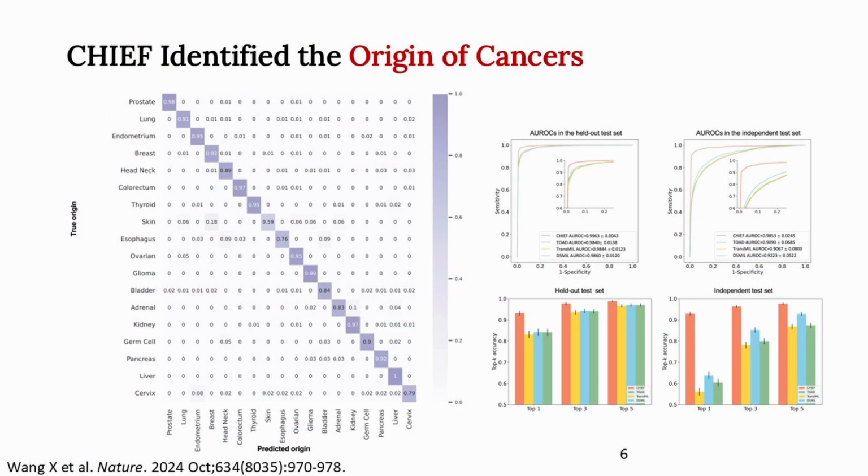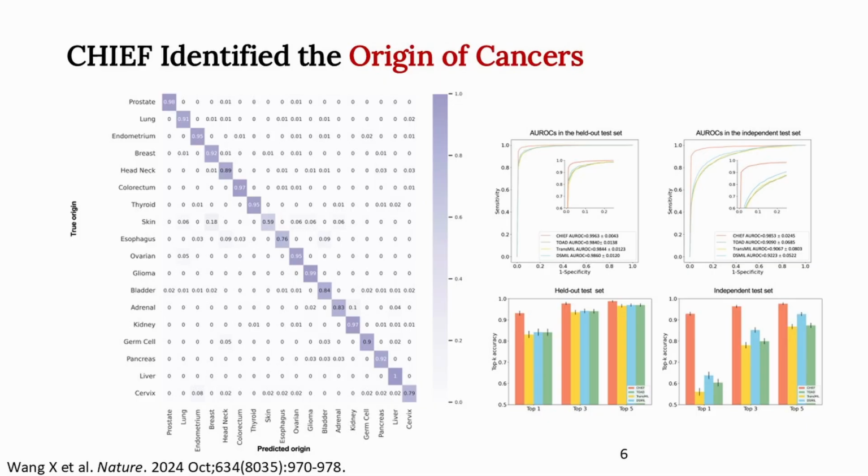Our next task is to see whether we can extend such an approach to also identify the origins of cancer. As we know, around 1 to 5% of cancer patients, when they first present to the clinics, have cancers that are essentially everywhere. They have distant metastases. And in those cases, it's still important to identify the origin of their cancers because it's related to the optimal